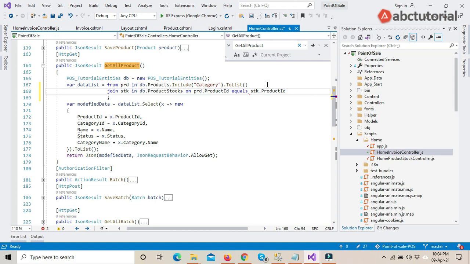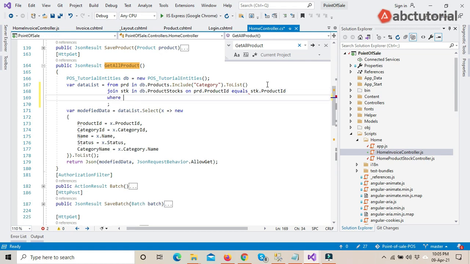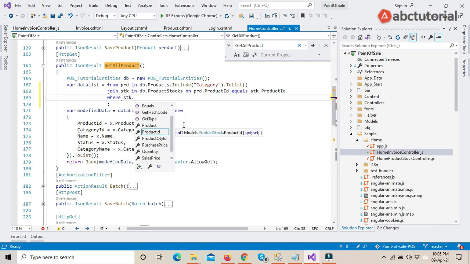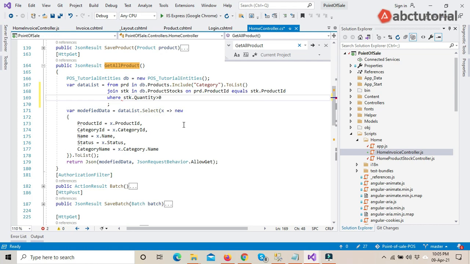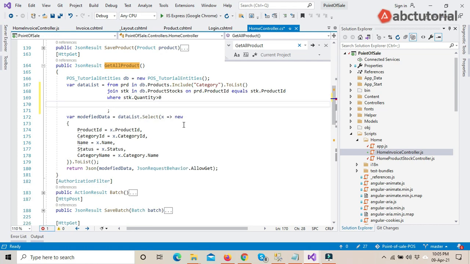Okay, and another condition I will add in where: stock quantity will be more than 0. Okay, then select new